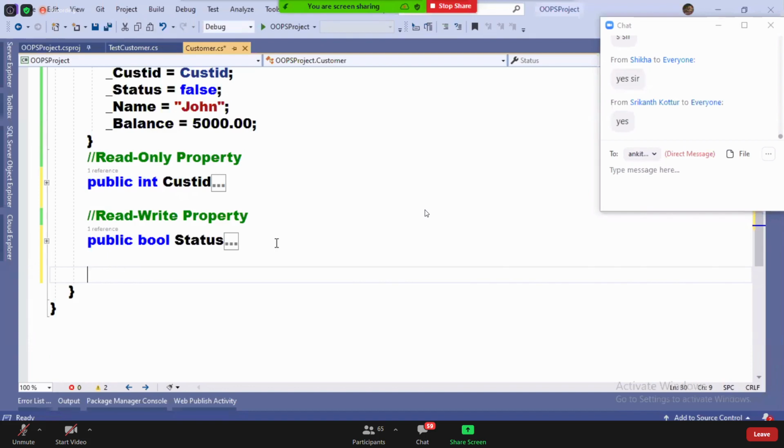Again, what I'm defining is a read-write property. So again, what I wanted to define is the read-write property.